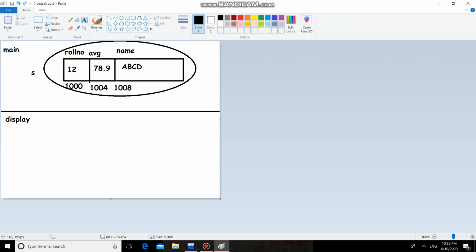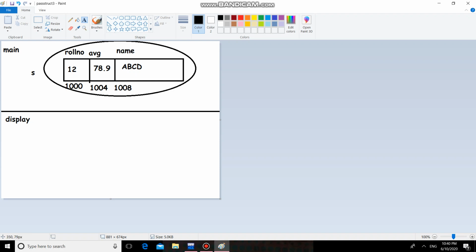See, ys dot roll number will take 4 bytes, so 1000, 1001, 1002 and 1003. There are 4 addresses, but we always refer to that block by using the address of the first byte.